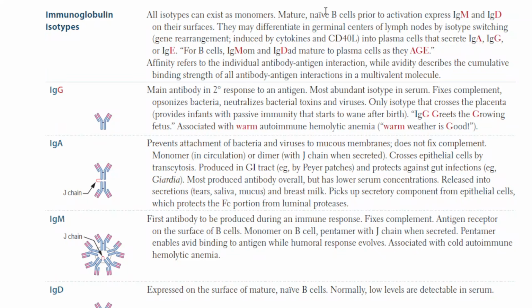This is the place where the B cells live, the germinal centers. Okay, remember that, germinal centers. So they can differentiate in germinal centers of the lymph node by isotype switching. This generates rearrangement induced by cytokines